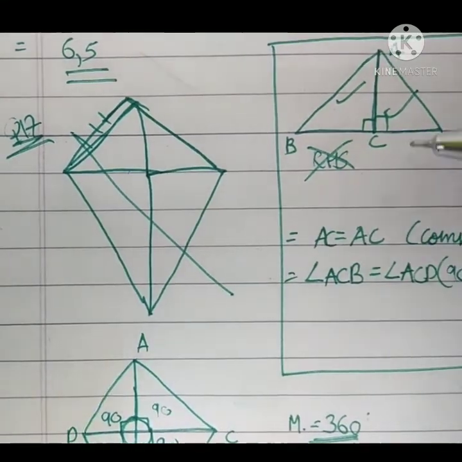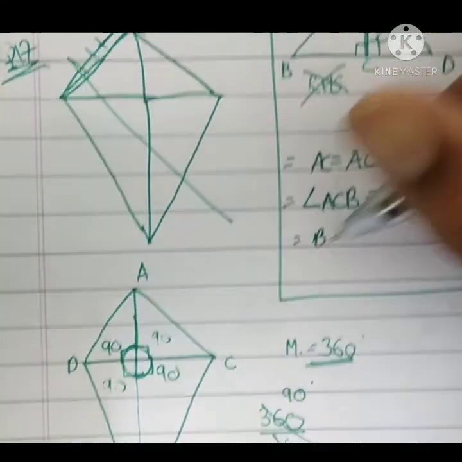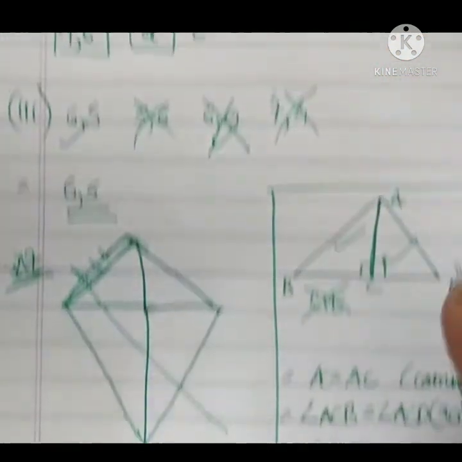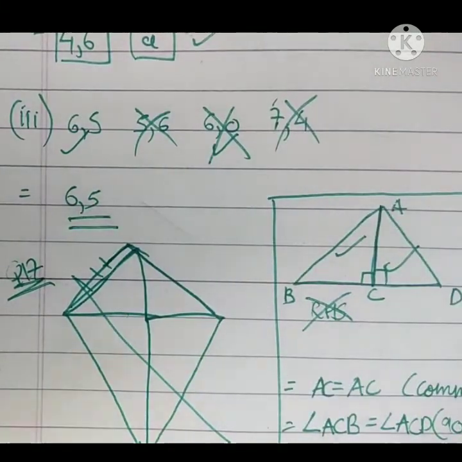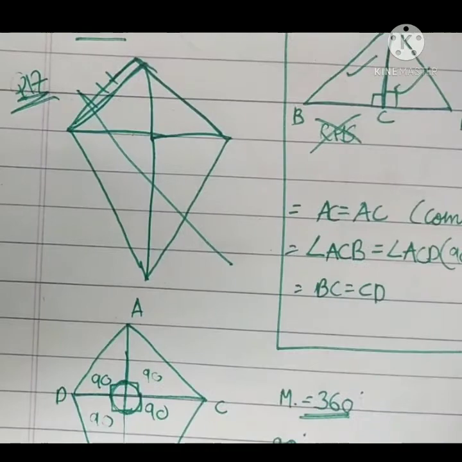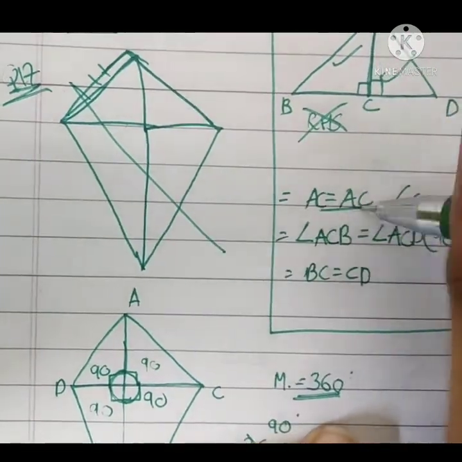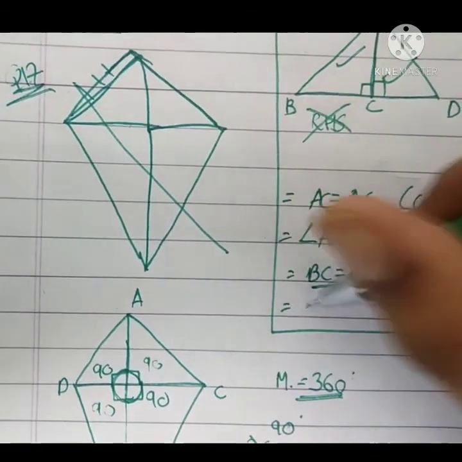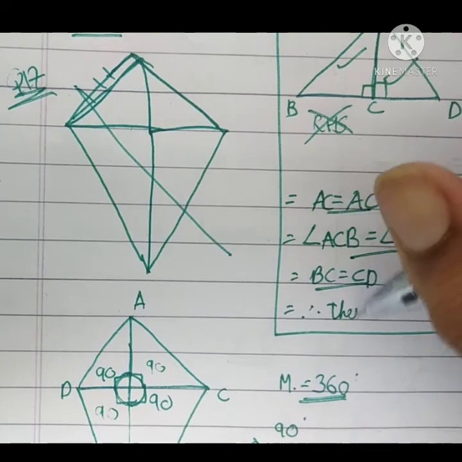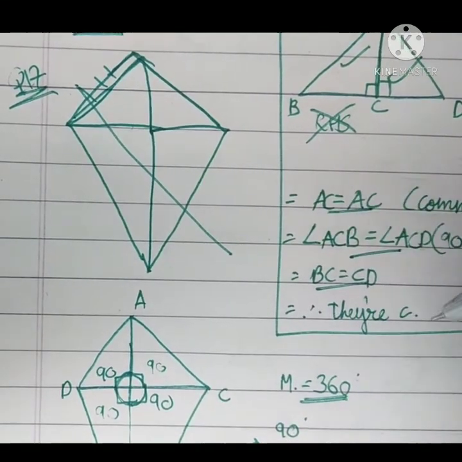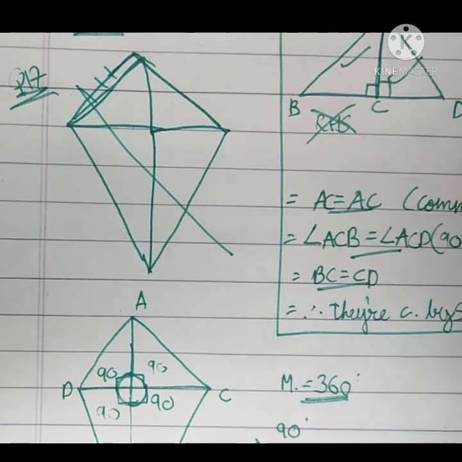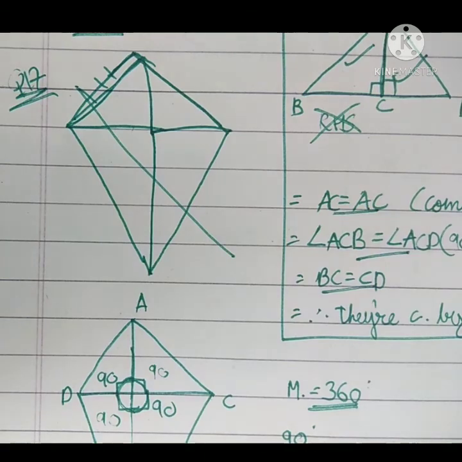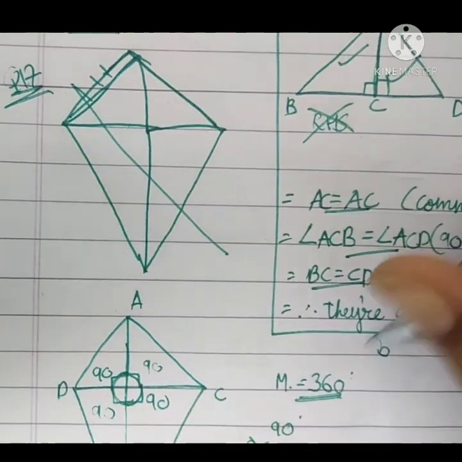Next, BC is equal to CD, as it is completely intersecting in a perpendicular way, so BC would be equal to CD. So we took this to be a side, this to be an angle, and this to be a side. Therefore they are congruent by SAS. SAS is option number B. So option B is the answer. Question is done.